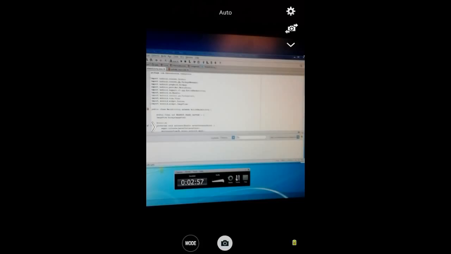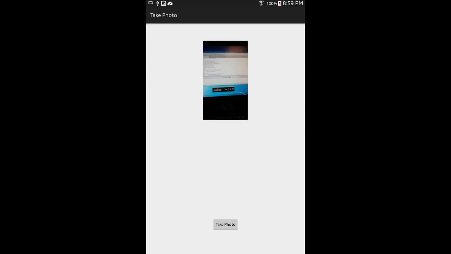And now let me actually take the photo. Alright, so I just took a photo of my computer, and now I'm going to hit save. And after I do that, this is the final